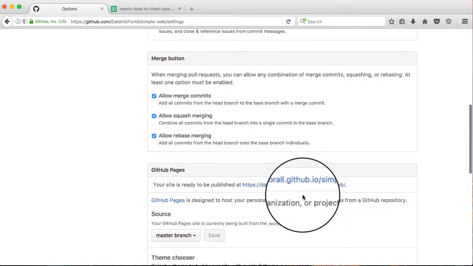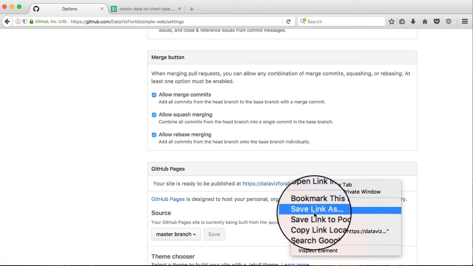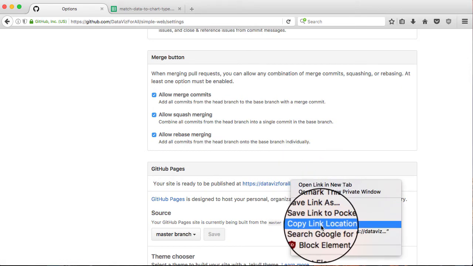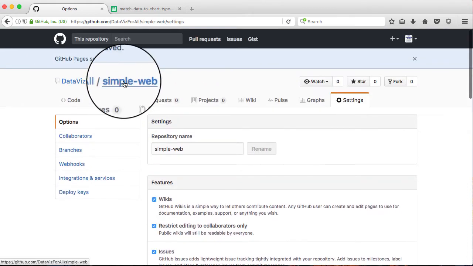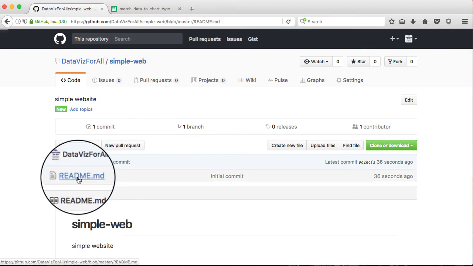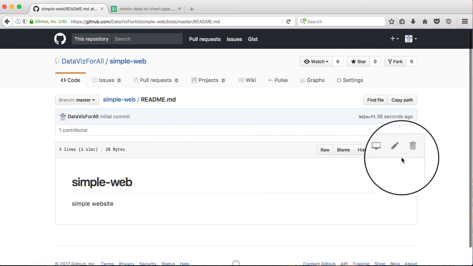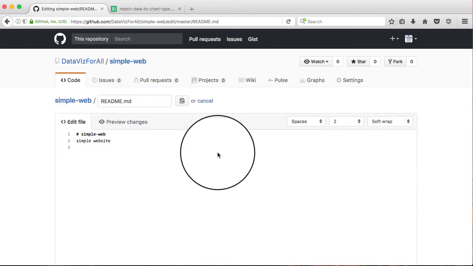I have to scroll back down, and I'm going to copy the web address for the live hosted version. I'll copy that link so I can paste it into the file. I'm going to go back to the repository. There's that one file. It's a readme.md file. I'm going to click on it, go over to the pencil symbol to edit this file, and now I'm editing